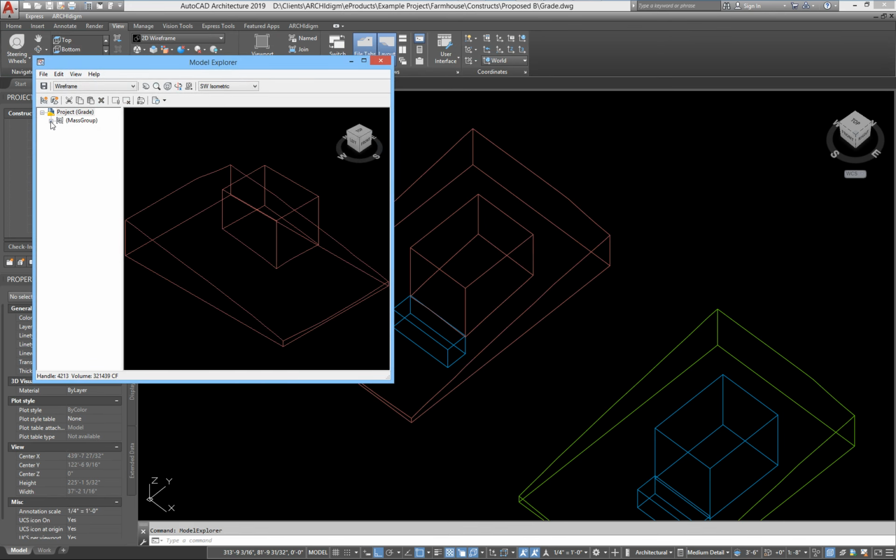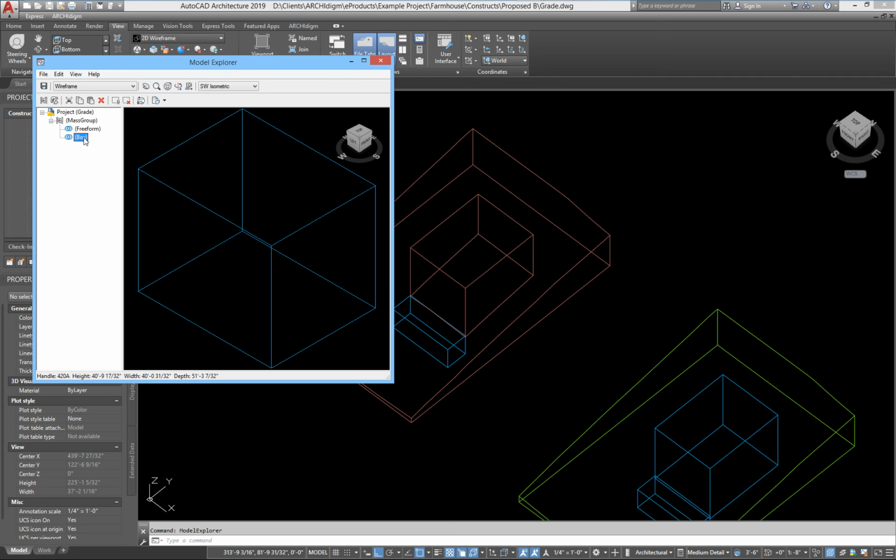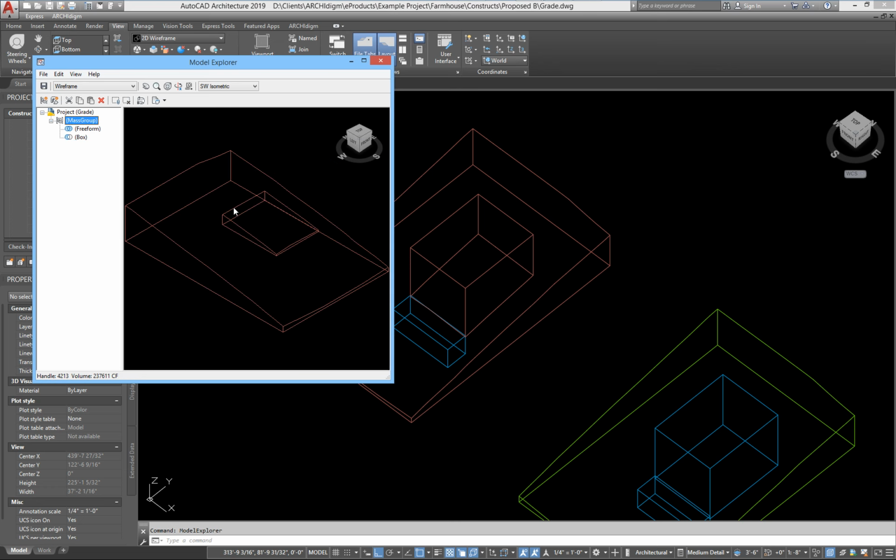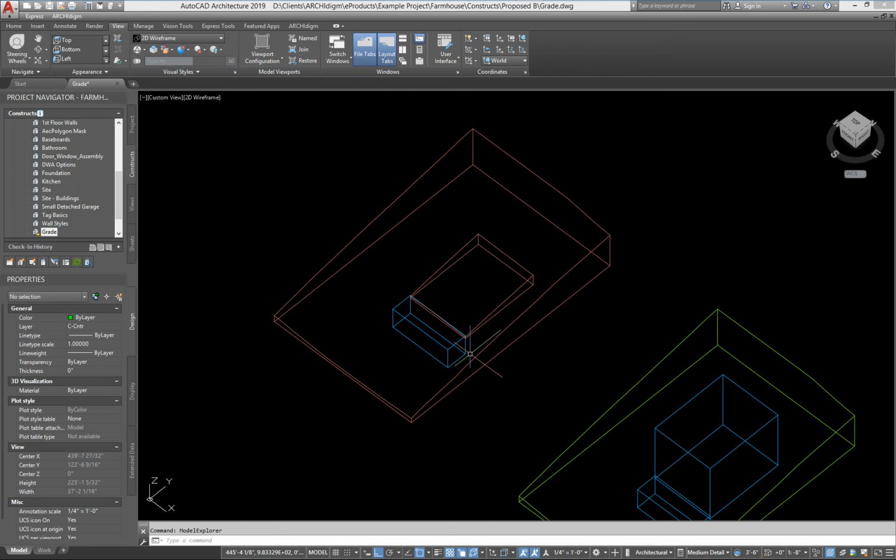And now if I click on this little icon up here, expand it, you can see that there are the two masses in the group, and one of them is a box. That's the part I want to make a cut. So I'll right-click on that, Operation, and we'll go ahead and do Subtractive. Okay, then we'll go back up and click, and it should look like it has actually subtracted that information out. And we'll go ahead and take a look at that. Okay, so that's the